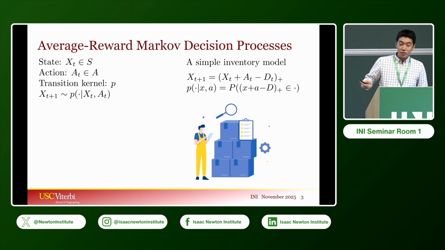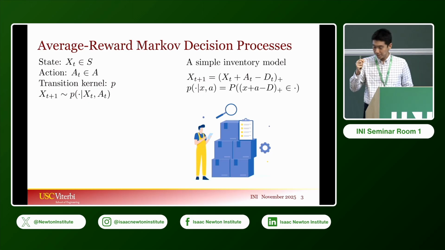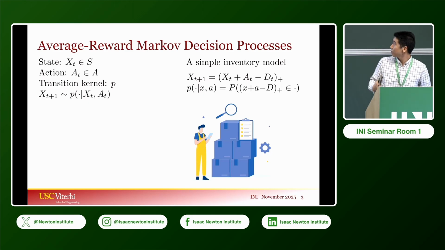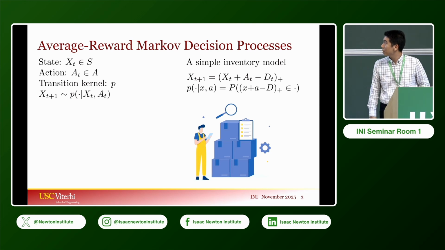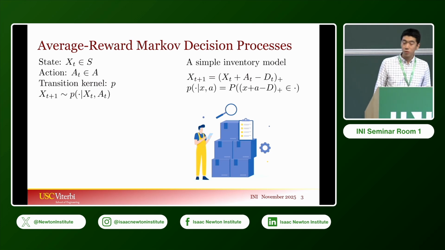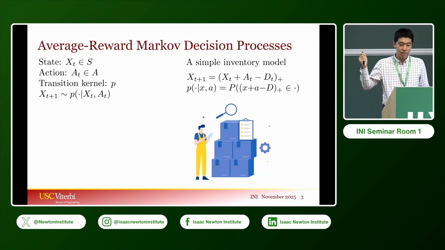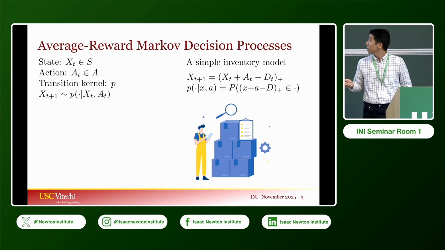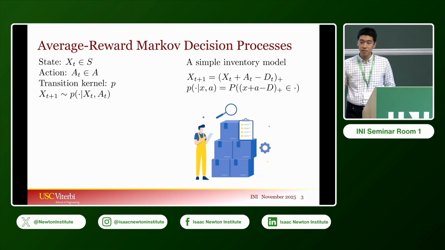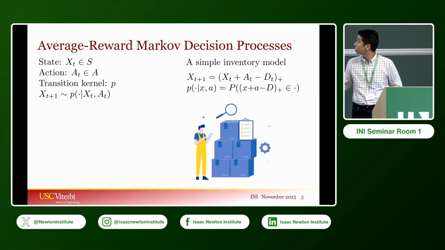So I'm also going to consider this very simple inventory example, as Jose and also others considered. So basically, the inventory model works as follows. The inventory level at time t plus 1, so that's xt plus 1, is equal to the inventory level xt plus the number of inventory that I ordered to be delivered this morning, so that's at, minus the demand you observed during the day, so that's dt. And we take positive part to make sure that the inventory does not go below 0. So this is the standard linear recursion.